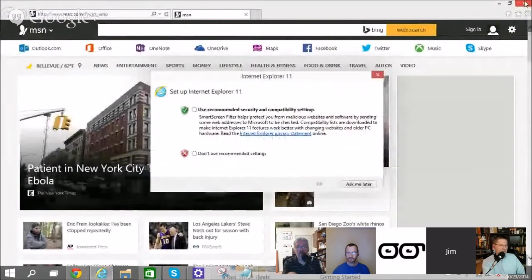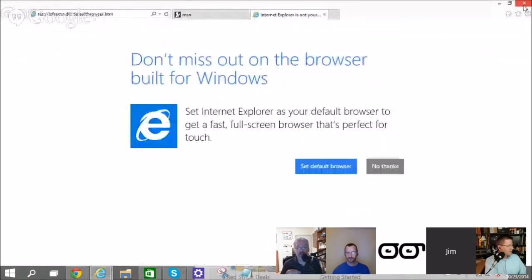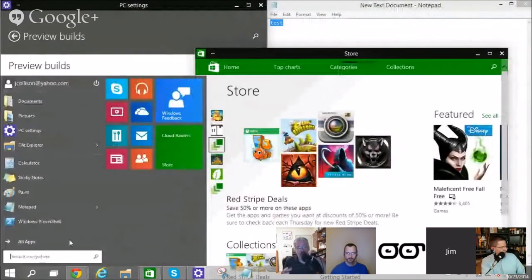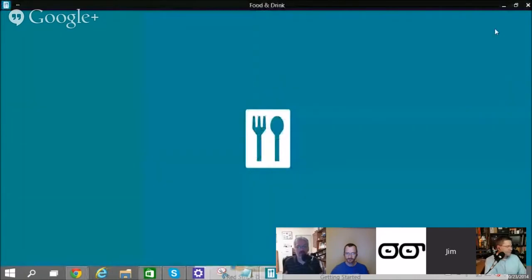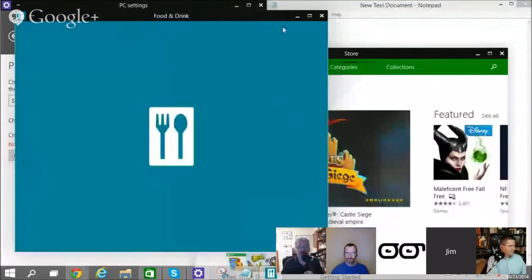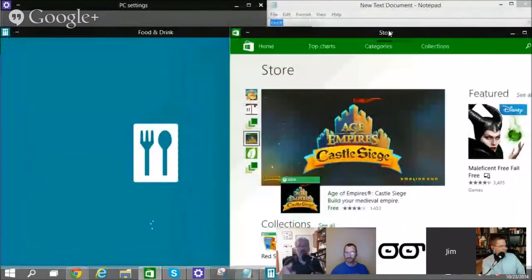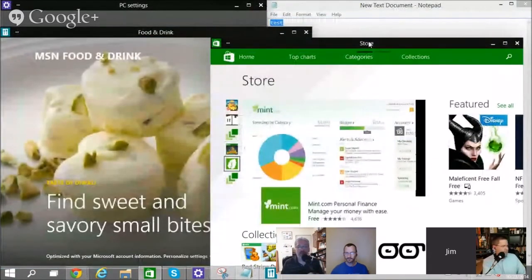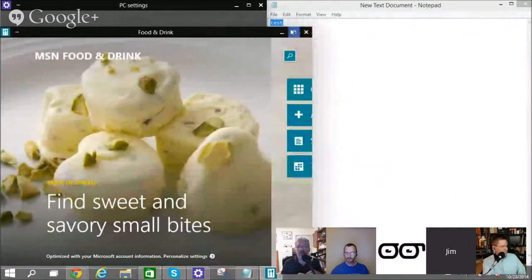And let's see, another modern app. Hold on, is IE considered a modern app? No, it's not. There is no modern version of IE in the Windows 10 technical preview. We'll close that. There is no full screen. In 9841, there was a cheat that you could get the full screen, but in 9860, it's gone. Okay, so I've got four open. So if you take one and snap it, okay. Now these minimize everything else.